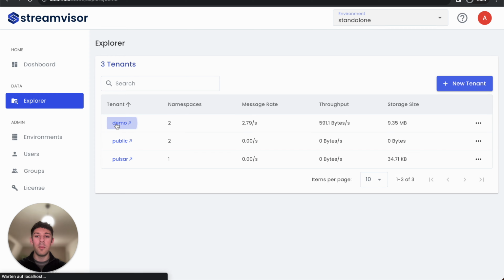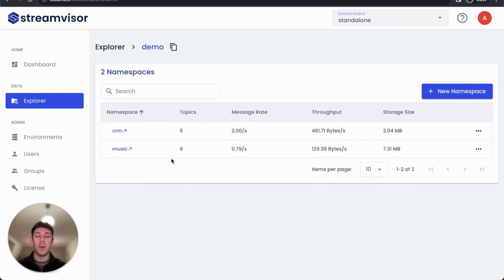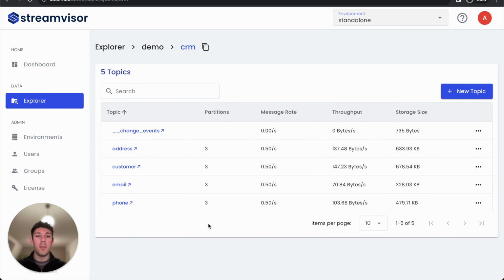If I go to the demo tenant, there are 2 namespaces, CRM and music, each containing a bunch of topics. The customer success team has reached out to me because they would like to get access to data in the customer topic, but we don't want them to corrupt any data, and we don't want them to see data irrelevant to them either. So what I'm going to do is create a group for them and assign